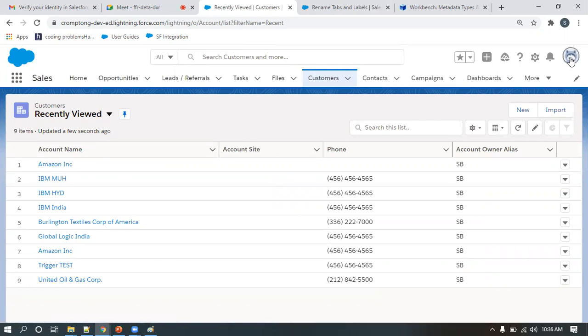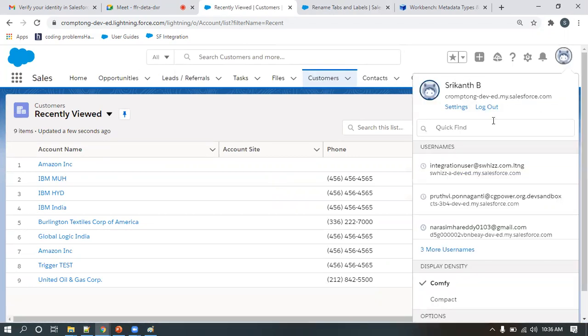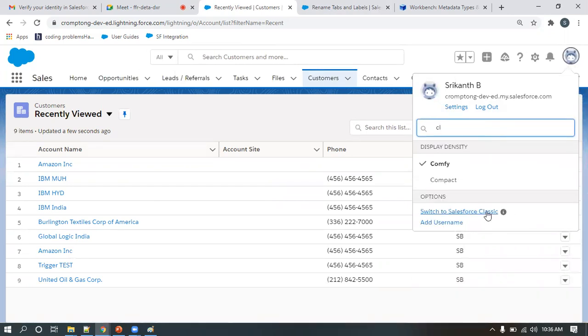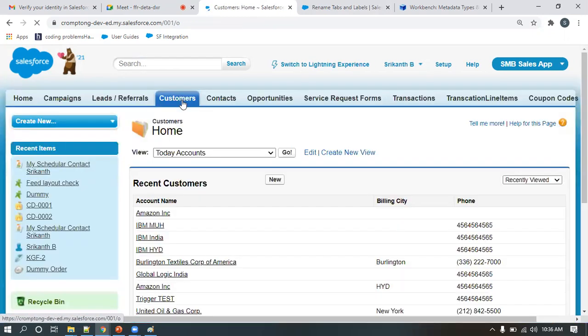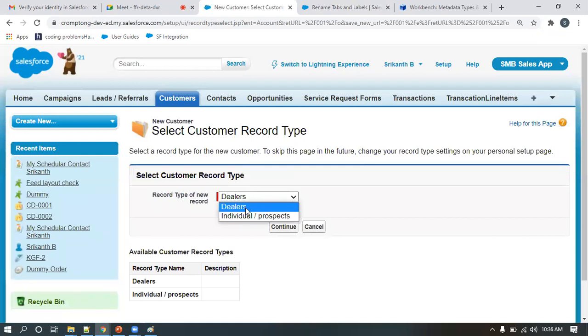Okay, let's navigate to the classic and see how it looks. On the classic, here you can see the customers. When you click on customers, you will be navigated to the account only. When you click on new, you can decide whether to go with individuals or dealers. See, let's say for example, if I choose dealers and click on continue,